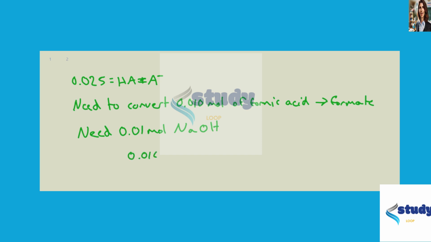So we multiply 0.010 moles times the molar mass of sodium hydroxide, which is 39.997 grams per mole. Moles will cancel and gives us a mass of 0.40